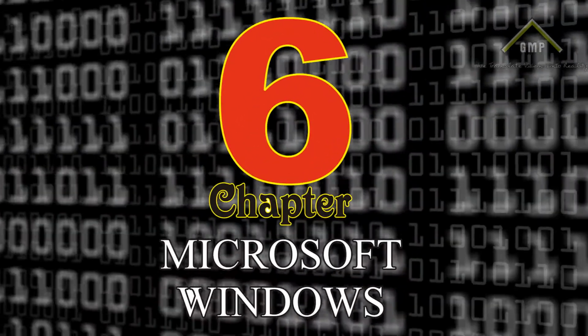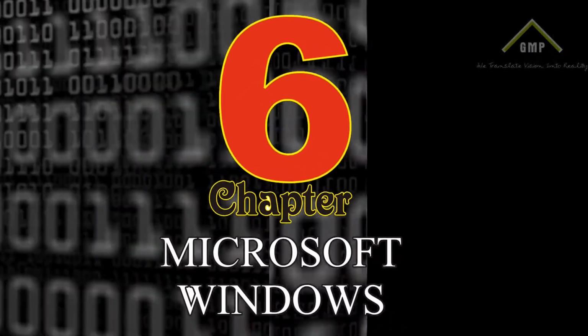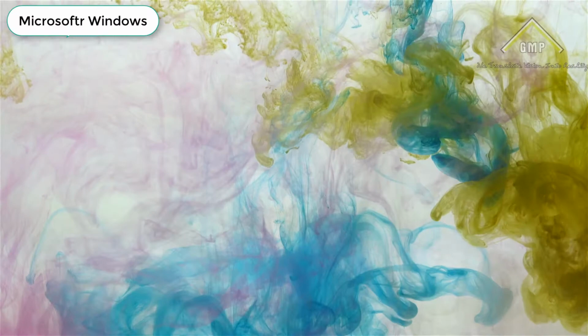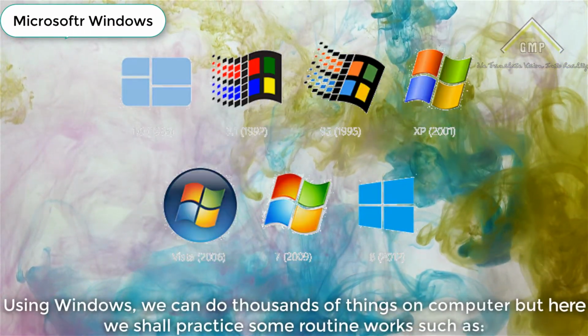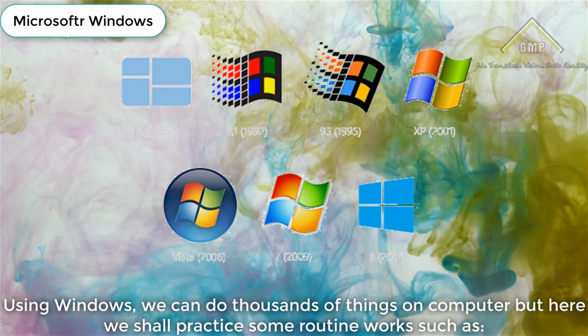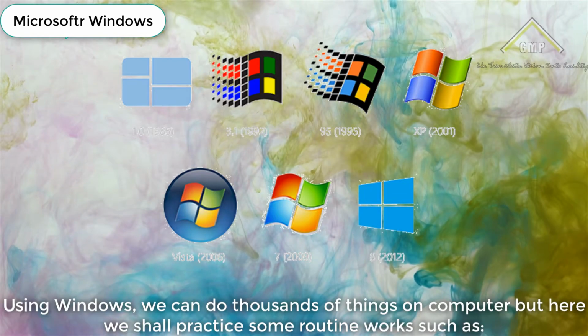Chapter 6. In this chapter we will learn about Microsoft Windows. Using Windows, we can do thousands of things on a computer, but here we shall practice some routine work such as: